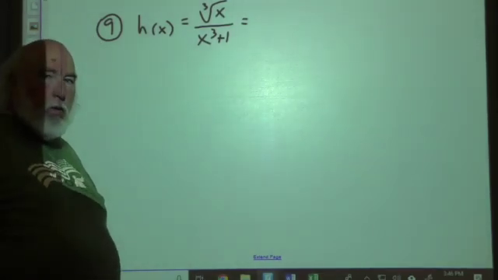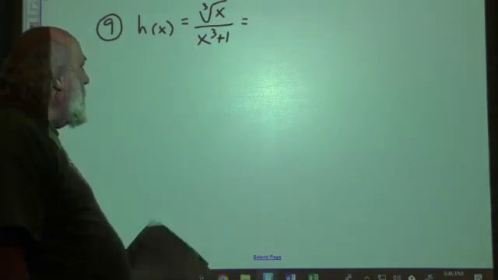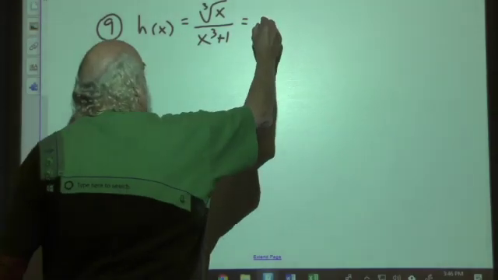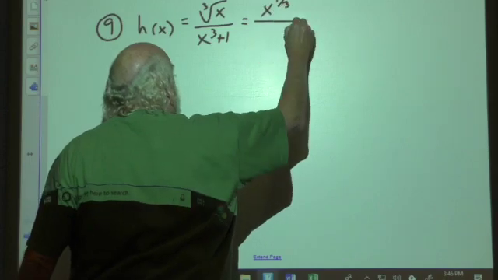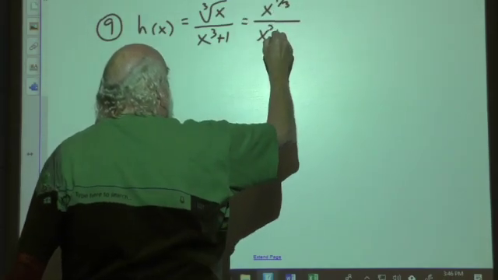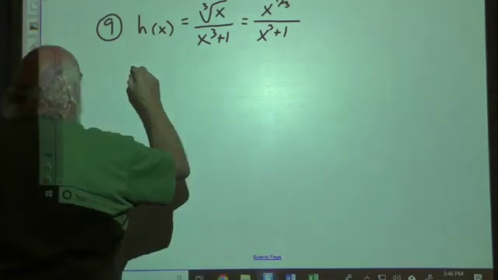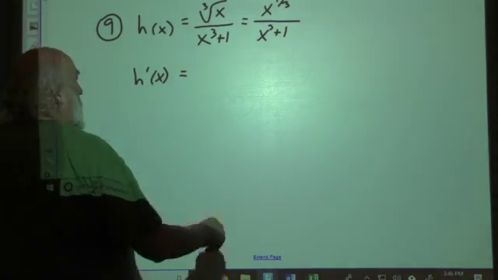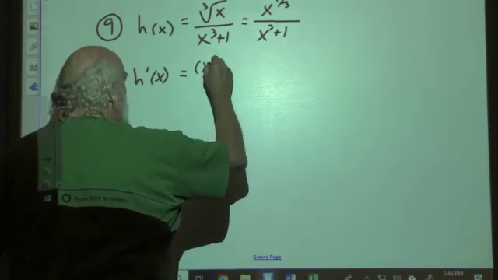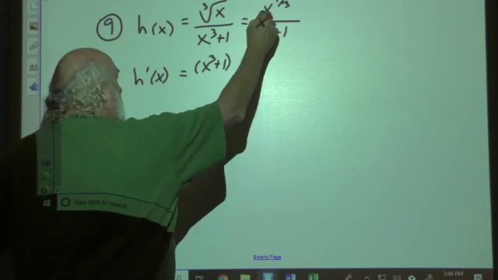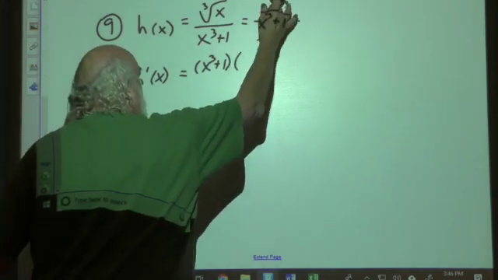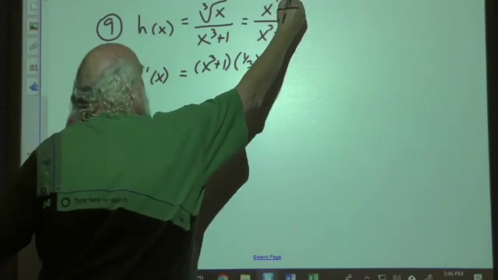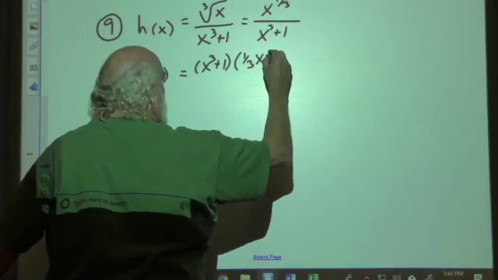Okay, the next problem here is number 9, and this is what we're given here. But we have to change that cube root of x into an exponential representation. So that's the 1/3 power, and we leave the denominator as it is. And so we find the derivative of h of x. And so this is going to be x cubed plus 1 on top times the derivative of x to the 1/3 power, so the 1/3 goes in front, multiplied by the imaginary 1 that we have there, which is 1/3, times x, and we subtract 1 here, which is 3/3. 1/3 minus 3/3 is a negative 2/3,